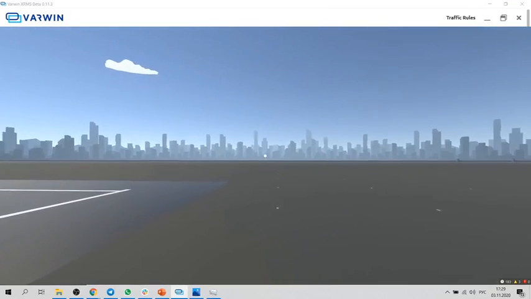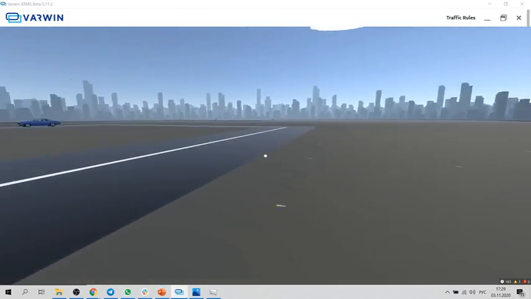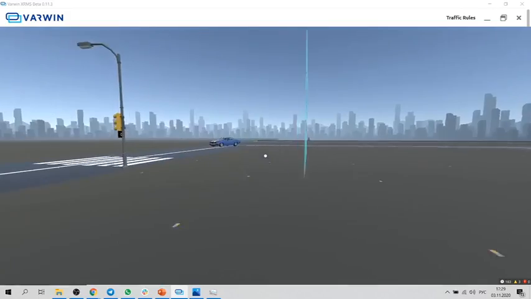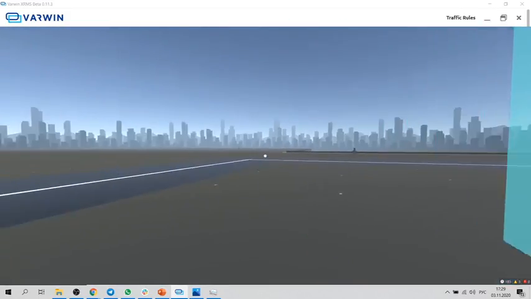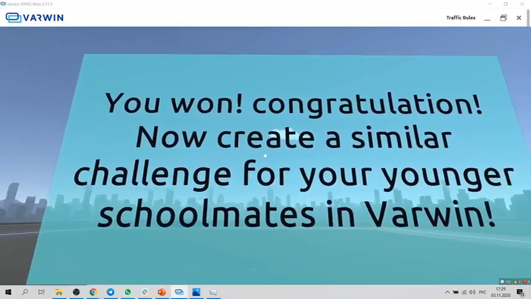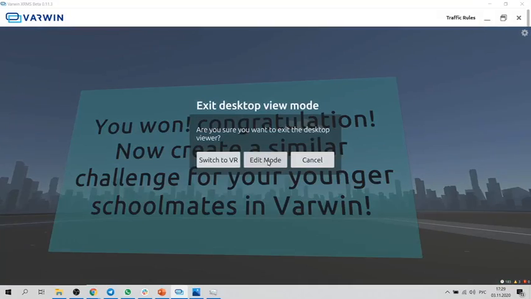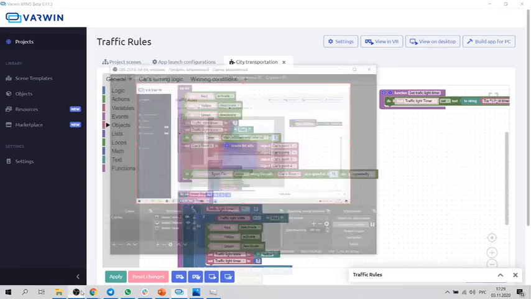Now let's see, there's one trick, because we didn't put the dangerous zones across the whole road. So here there's this zone where there's nothing that prevents me from going there. And as you can see here, if I just get into this winning zone from the other side, just getting behind it, I still win. So you can change it and you can fix it in your project when